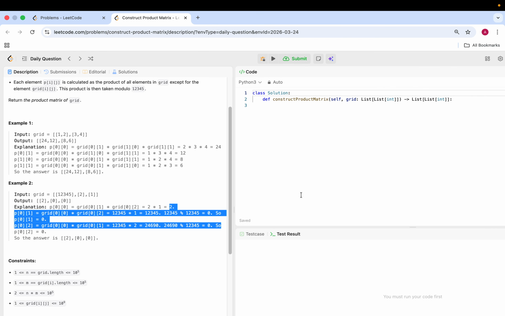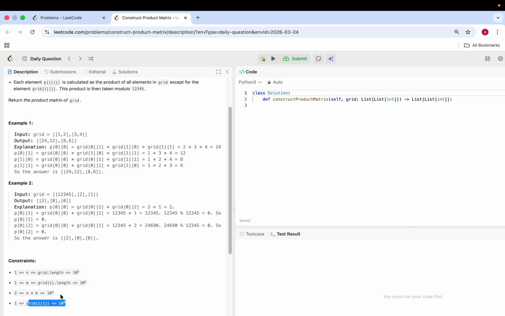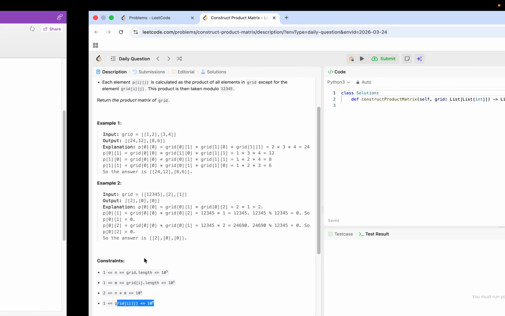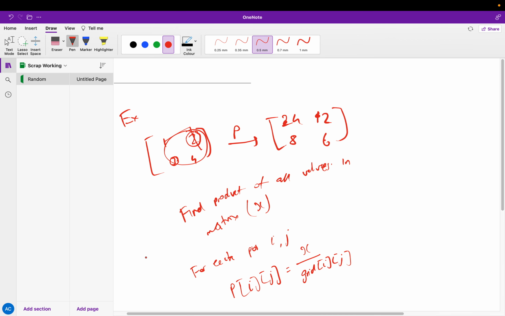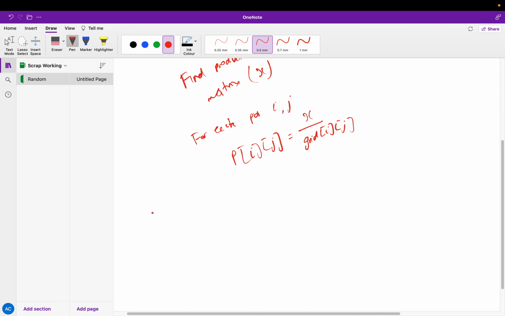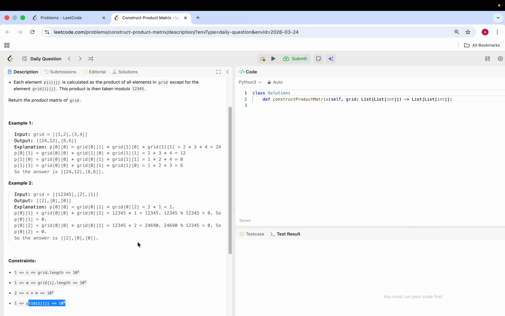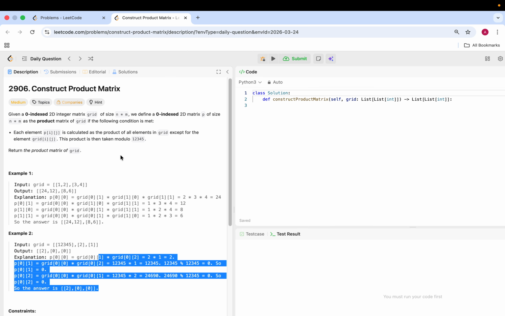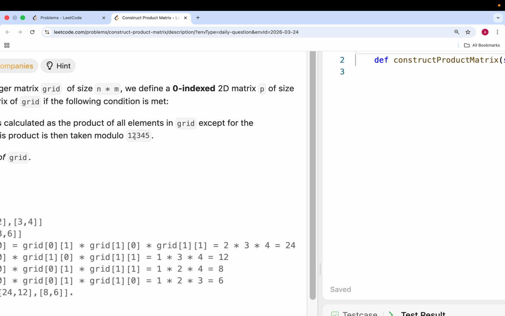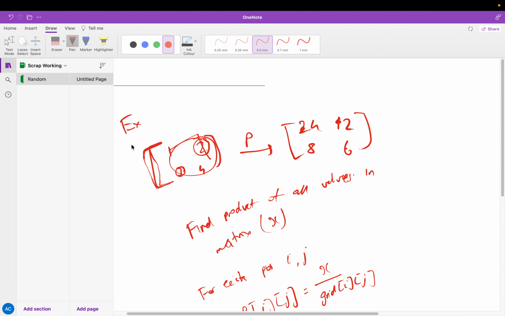Now, I'm assuming the reason why this wouldn't work is because each value can be a billion. So the product you get could be like a gazillion, basically. And if you get a gazillion in standard programming languages, you would have problems in terms of space. It wouldn't fit in an integer or a long. Now, because it's Python, you might get away with it to some extent, but I'm imagining the spirit of the question is to try to use the modulo throughout the